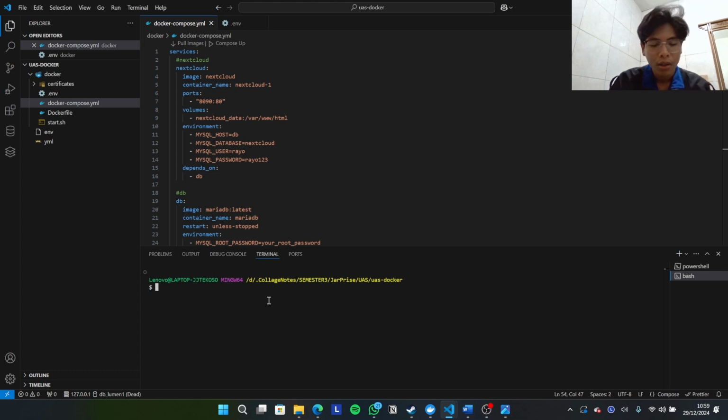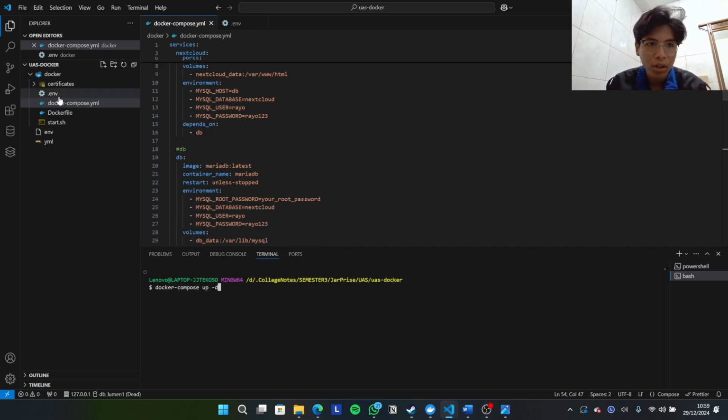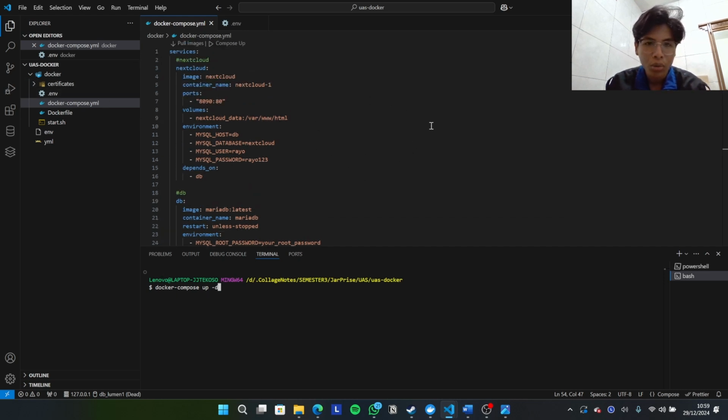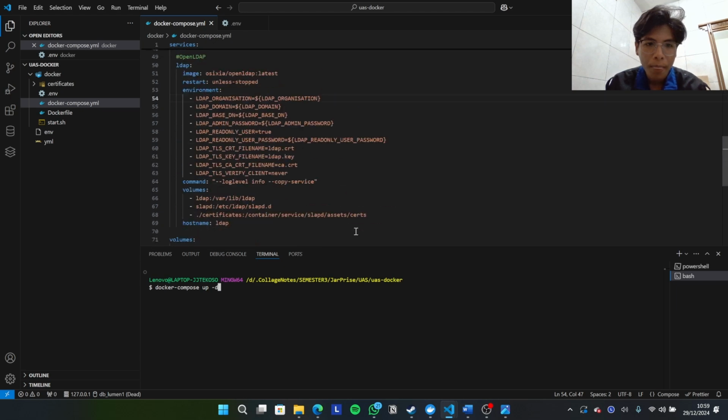We type docker compose up. What will this do? It will compose all of the services in the Docker Compose into containers.